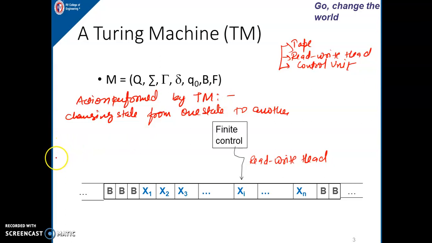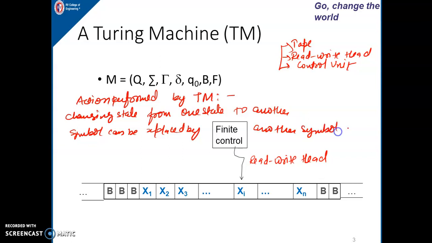And then the symbol pointing to by the read write head can be replaced by another symbol, and the read write head may move either towards left or towards right direction. So movement towards left or right. So left we will show by L and right we will show by R. So if there is no entry in the table for the current combination of the symbol and the state, then